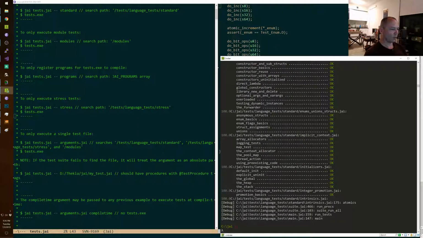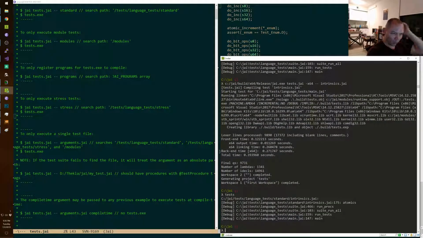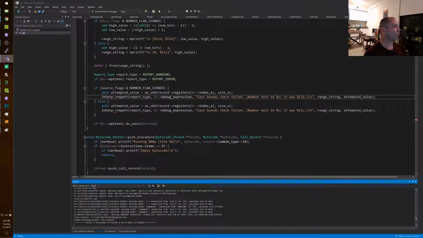Okay, so we want intrinsics. Okay. Boom. Good. We still have a crash? That's good. I guess we're just going to run the debugger on that, because who knows?